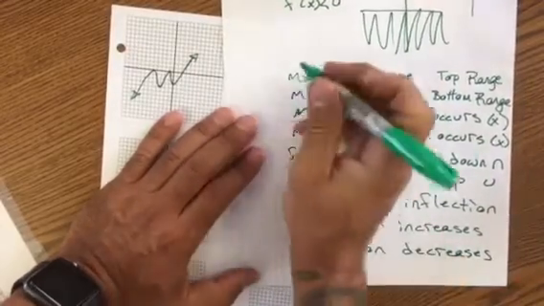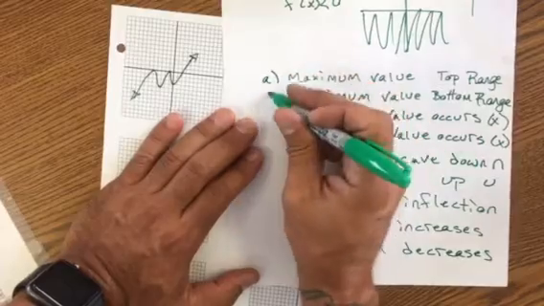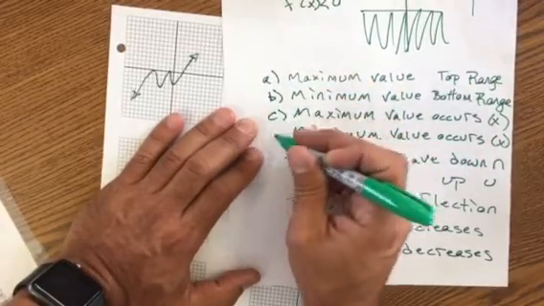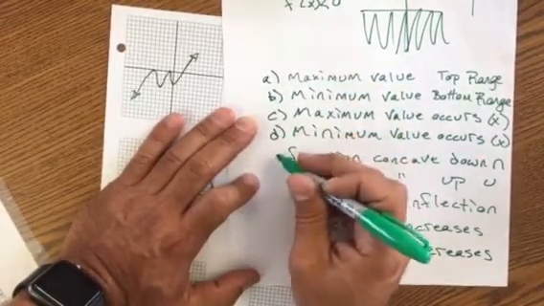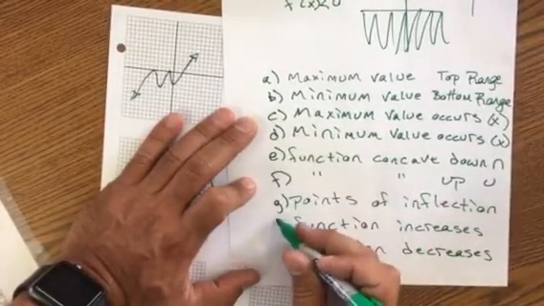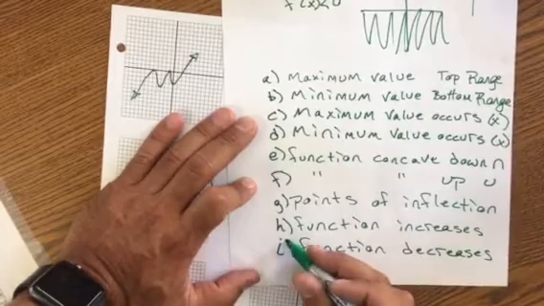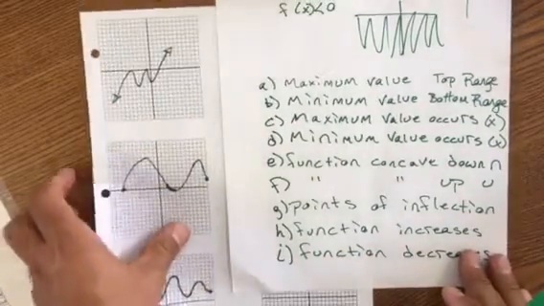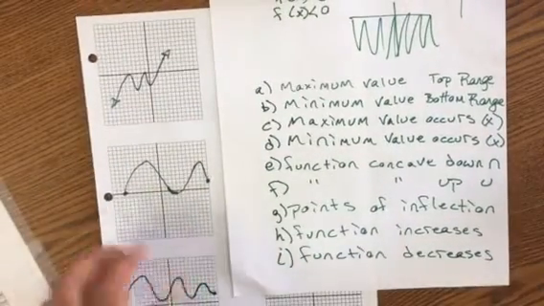So I'm going to give these letters so that you know which one I'm doing when I'm doing them, without rewriting it all. Okay, so that's what I have. Okay, so on this first graph here,